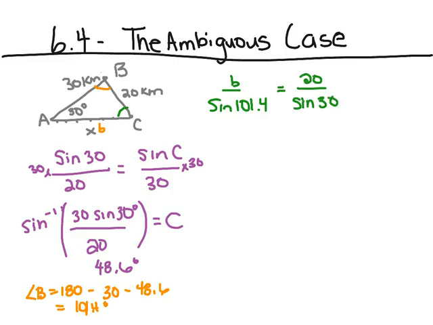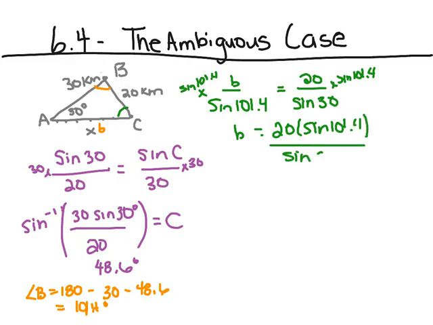Multiply both sides by the sine of 101.4, and we get that B is equal to 20 sine 101.4 divided by sine 30. Multiply this out to one decimal place, you get 39.2 kilometers. So one possible answer